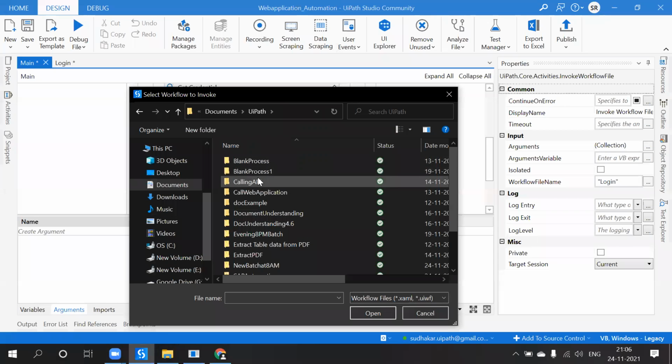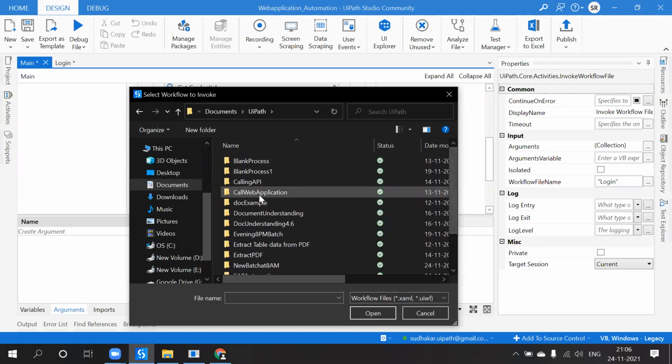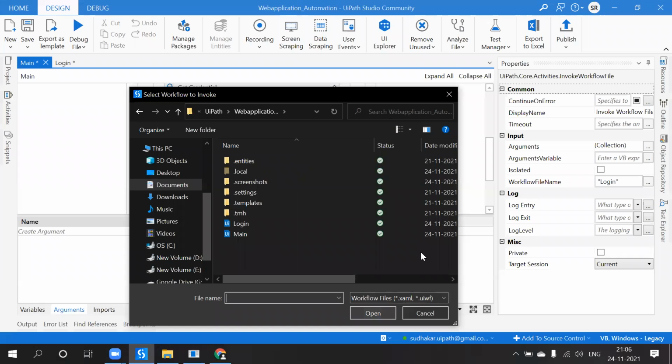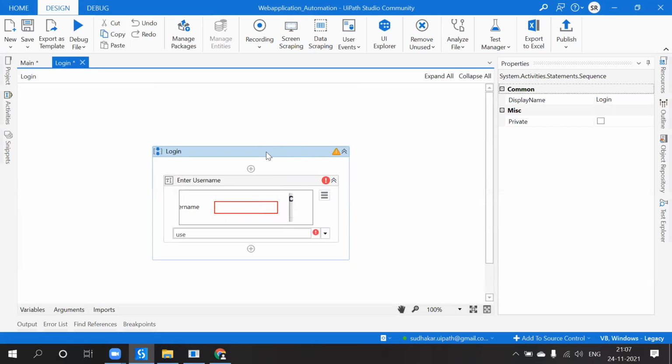So web application. Under web application, see, login is the workflow name, right? So we have to give the entire name. Login will be created as a XAML file. Okay, now just click on open workflow. See, it is now created.